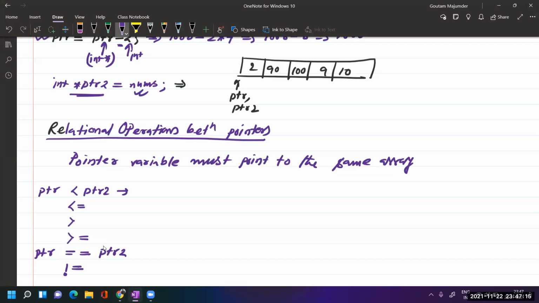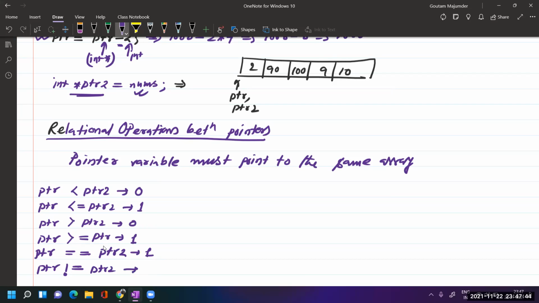Both are pointing to the same address, so it will be false. ptr less than or equal to ptr2, it will be true. ptr greater than ptr2, it will be again false because both are pointing to the same address. ptr greater than or equal to ptr2, it will be true again because of equal to. And ptr not equal to ptr2, it will be false.